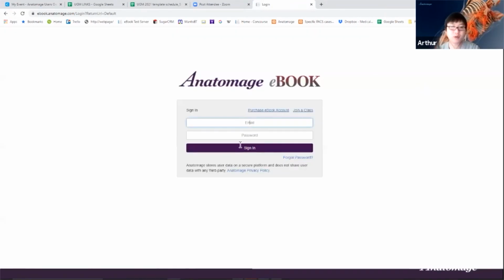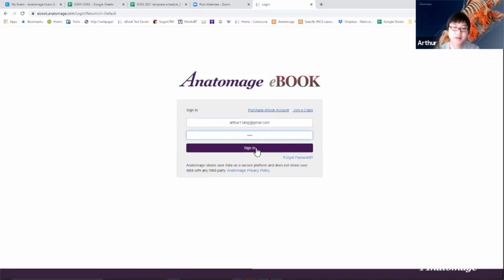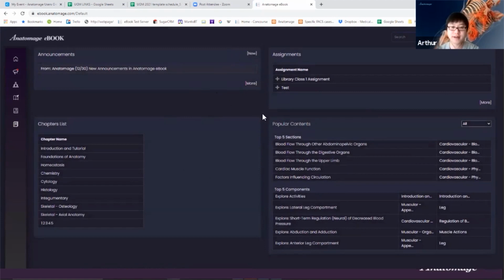So when you go to the ebook website, you're going to get a landing page that looks like this. And then to log in, you're just going to type in your email for your account, and your password. In this case, I'm using a test instructor account, and it'll automatically log you into this landing page for the ebook. So you can think of the home page or the landing page as just like a summary of all of